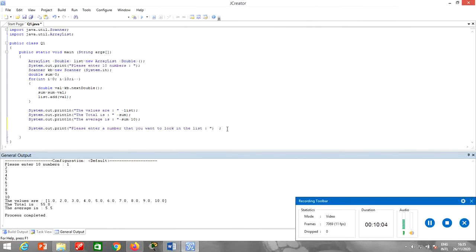Now we will take the number. Let's just take the number. Okay, in the sum maybe, or you can define some another variable. Let's just define another variable. double num is equals to kb.nextDouble(). Now